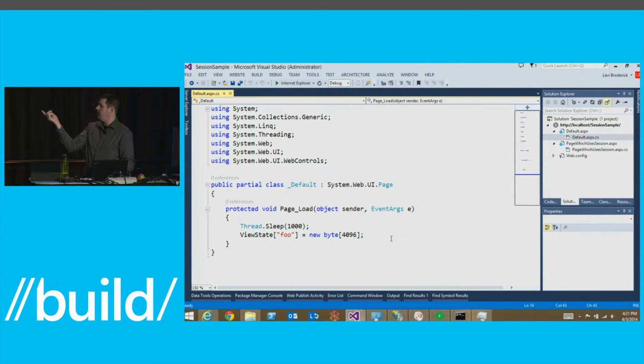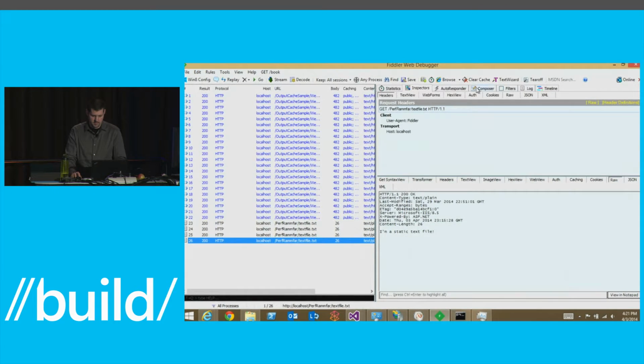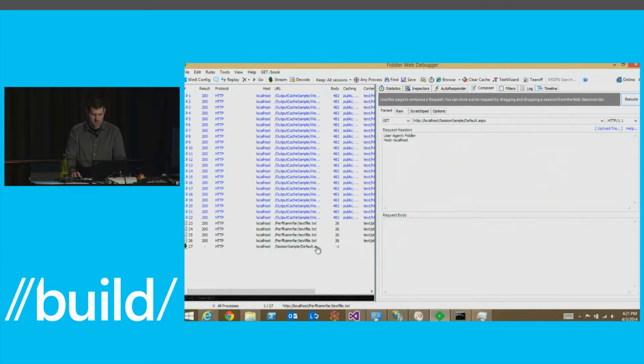It has a delay in there to just simulate doing some amount of work, and it's storing some small piece of information inside of session state. It's just putting some 4K blob in there. Now, by default, this is going to be stored in memory. So if I recycle my application, or if I touch web config, I lose session. If I go ahead and put this into Fiddler and just make a bunch of simultaneous requests to this website,